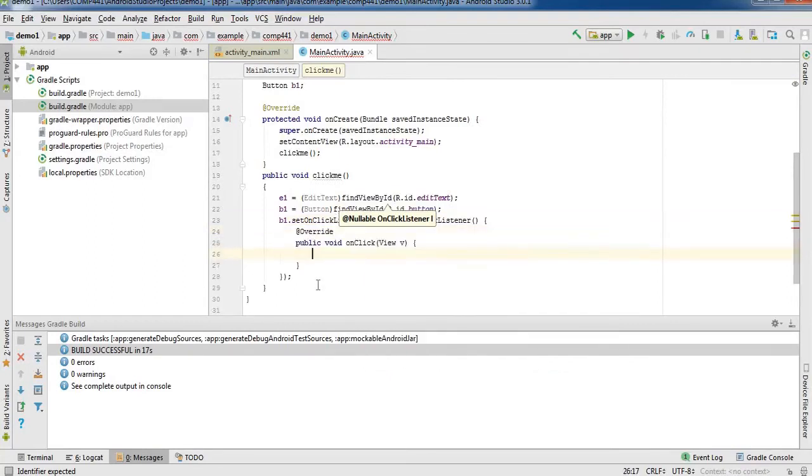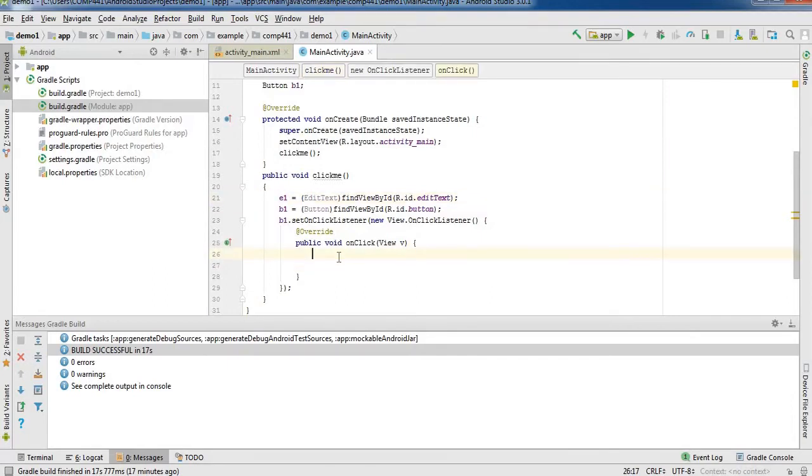Okay, so I just need to write the output over here. But before writing the output, the important thing is that whatever is in E1, we have to convert that E1 into a string, and we have to store it into a particular variable.